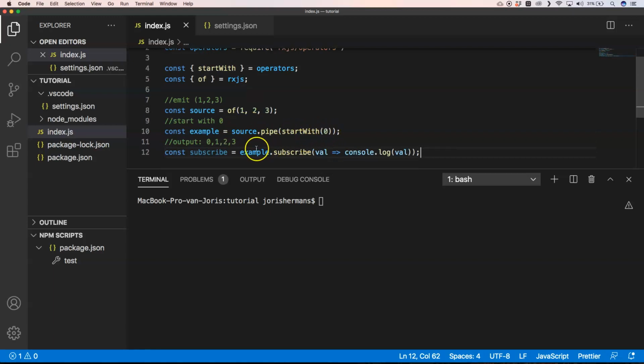0. And then, for example, we're just going to subscribe and we're going to say what our value is, and then we're going to do a console.log with our value, right? So if I do so, and I do node, you'll see that we have 0, 1, 2, and 3. So we started with the 0